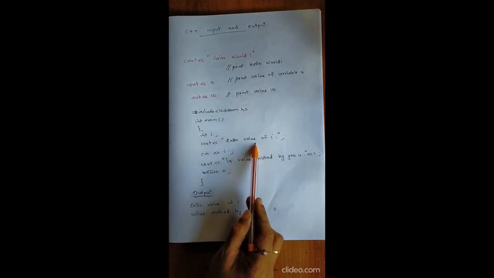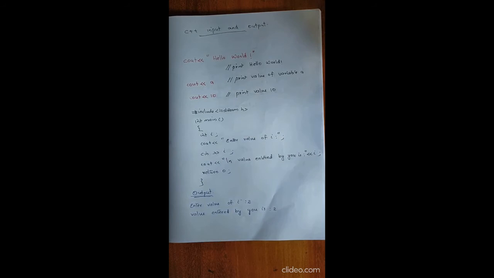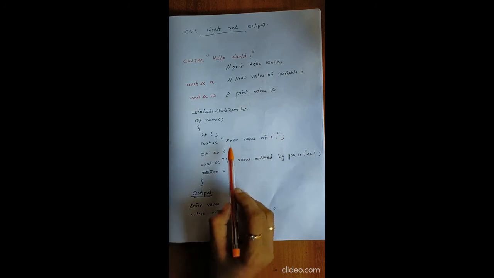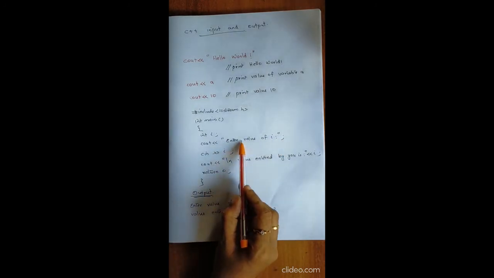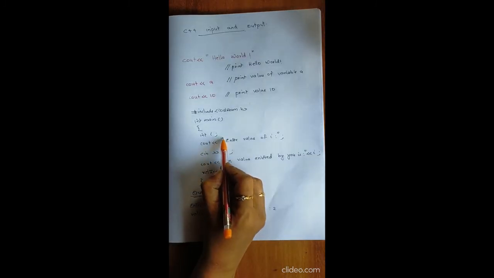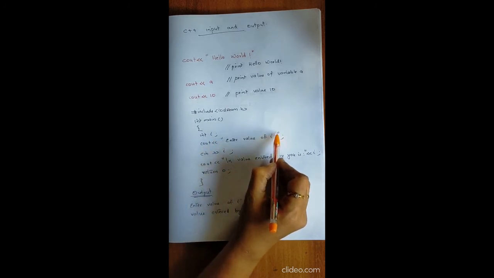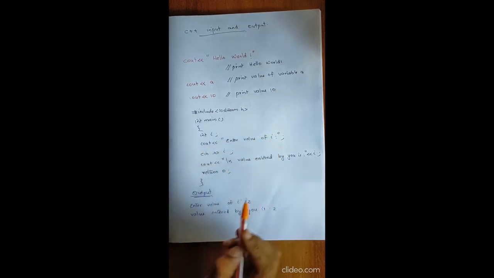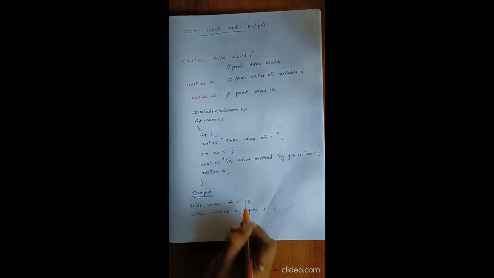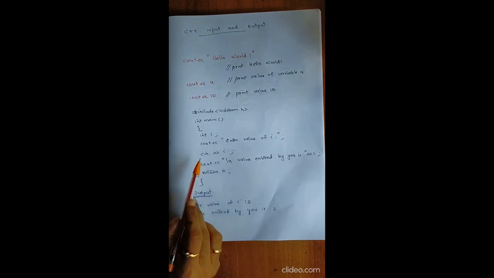#include iostream.h, main function, opening brace, there should be a closing brace, int I, Cout, "enter the value of I". So, this will definitely print this statement as such. So here this ends with a semicolon and this statement ends with a colon. That is our choice. Anyway, the statement within the double quotes is printed as such. That is, the output is enter value of I with colon, and Cin I.